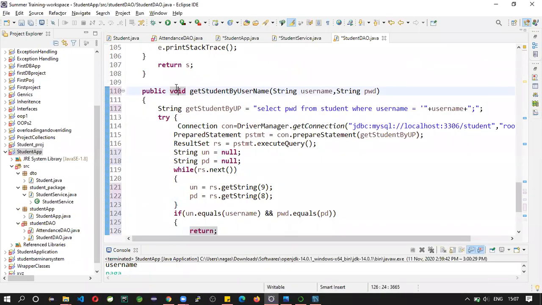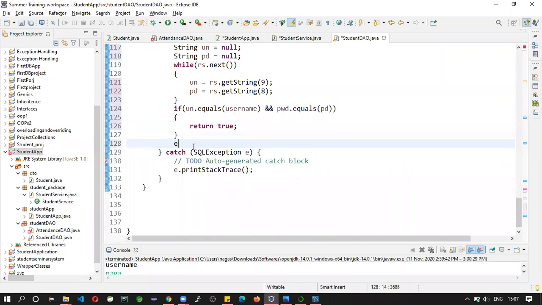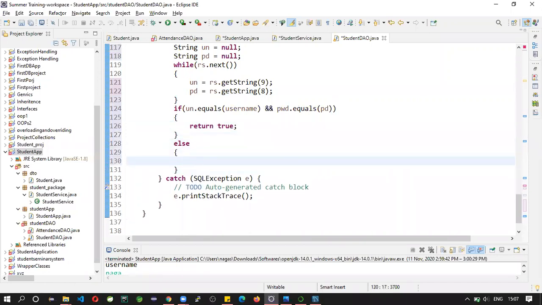Okay, we'll change this here. Boolean. Okay, it's return false. Okay,